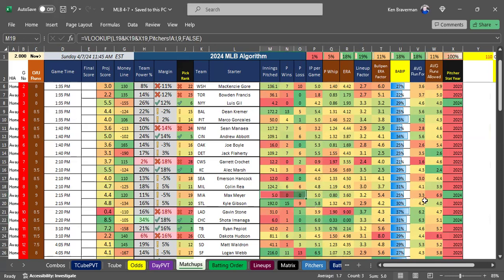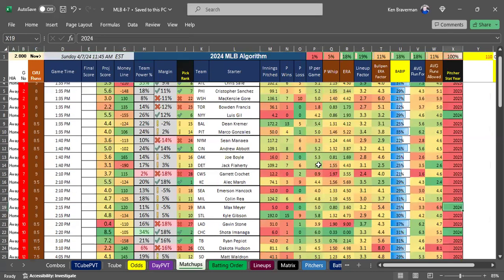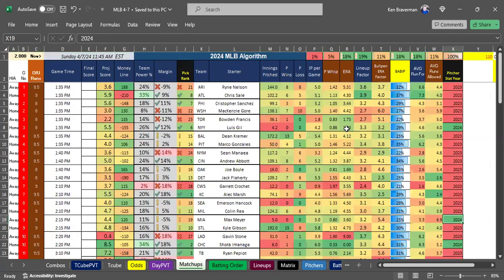Your stats for Max Meyer are kind of reasonable here in 2024, and your stats for Luis Gill were good in that he pitched well in his opening start. So he's up against Bowden Francis, who also has really excellent stats from last year. So it's still favoring the Yankees here. But anyway, let's take a look at the day pivot sheet.